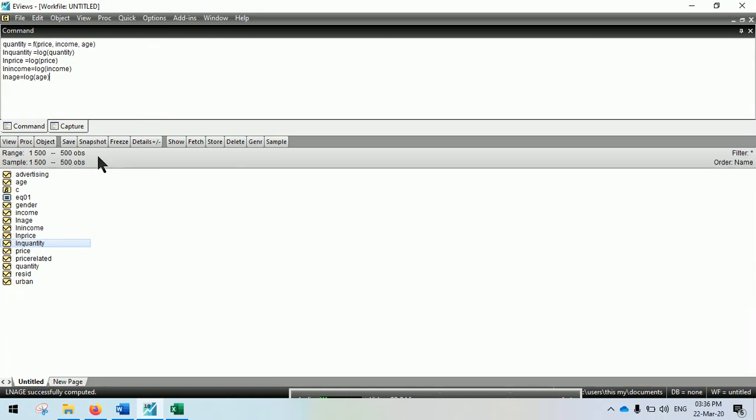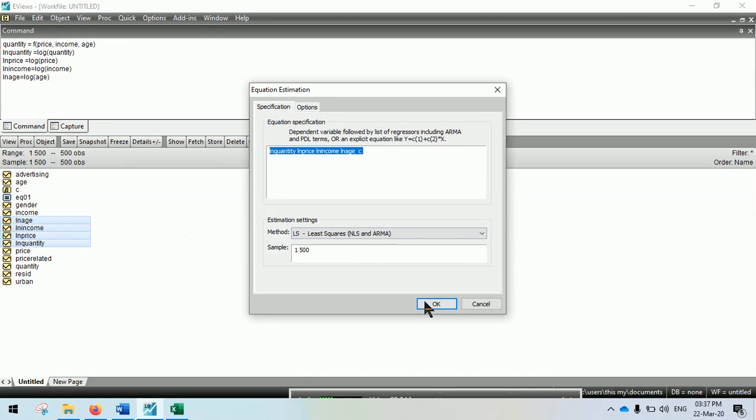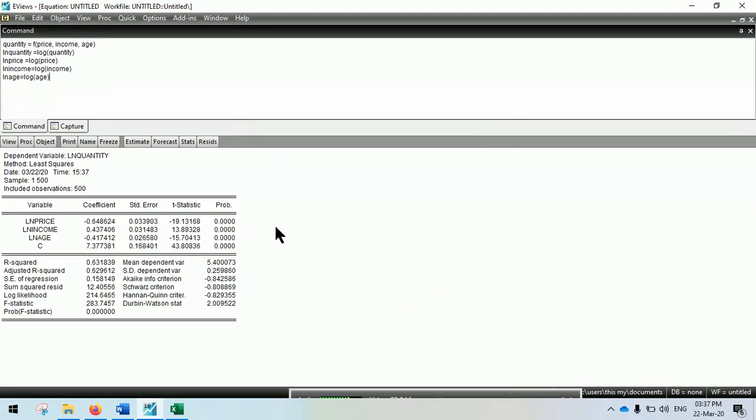It will be ln quantity first, then control ln price, then ln income, then ln age. Right click, open as equation. Okay, and you can see all of the variables are significant, probability also significant,